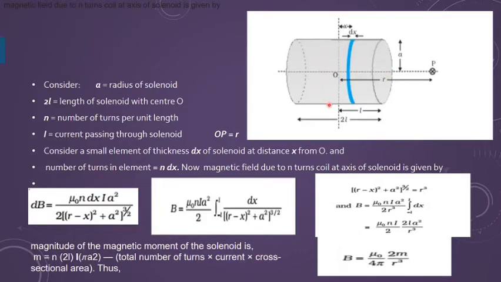This is a simple derivation which is given in your NCERT books also, and this is very much in your syllabus. So you need to know this, because we are doing this without taking the concept of magnetic monopoles. It means we are not talking about magnetic monopoles, but we are talking about the poles. They cannot be separated.